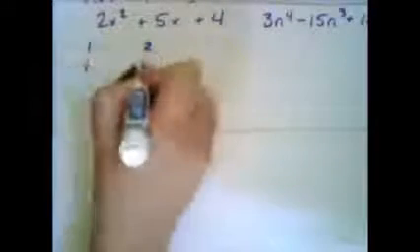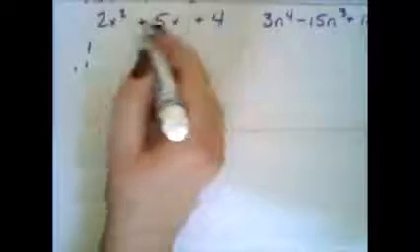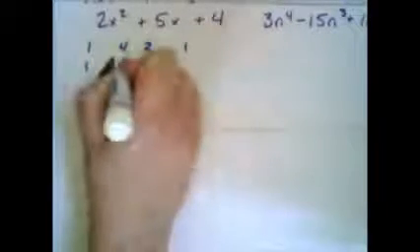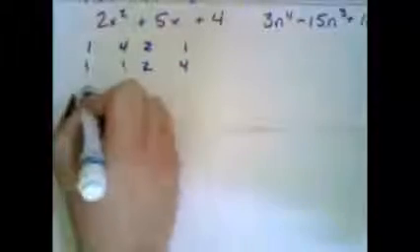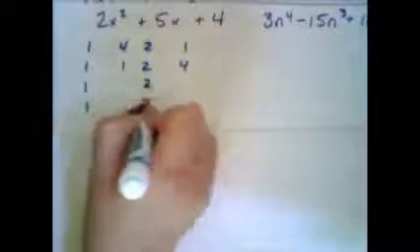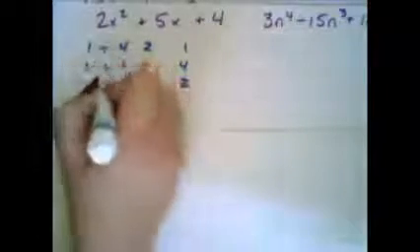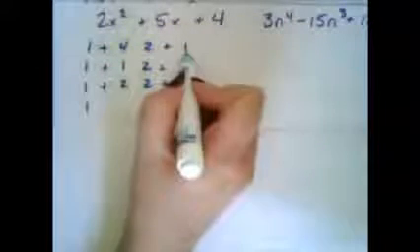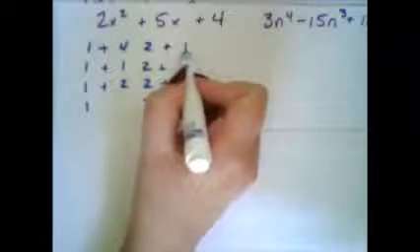So we're going to look at 1 and 2, and these are both going to be positive, so this is going to be 4 and 1, 1 and 4, 1 and 2, 2 and 2. Oh, I guess I don't need two of those. And we're going to add these, and we're going to go outside, inside. So this is